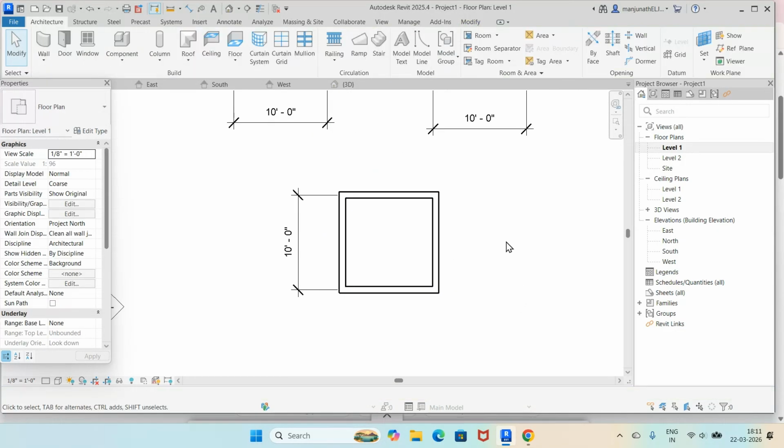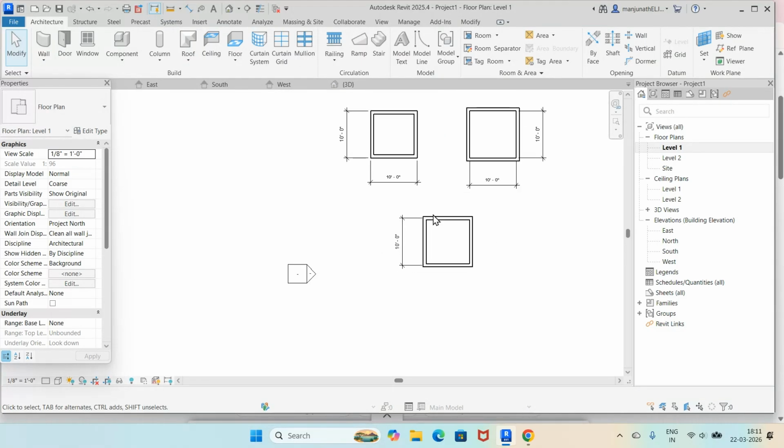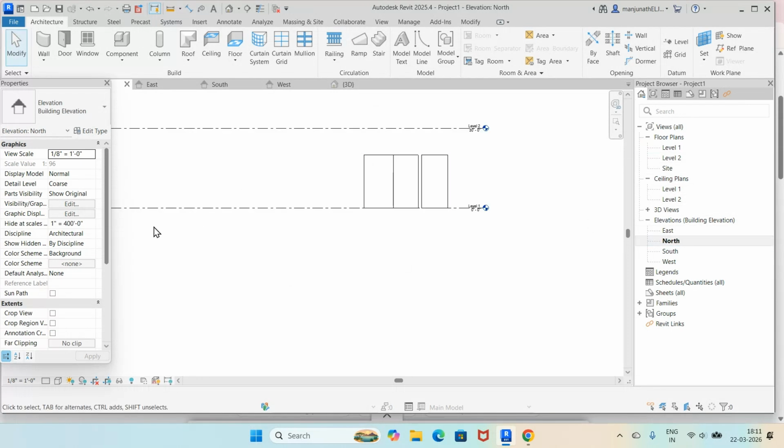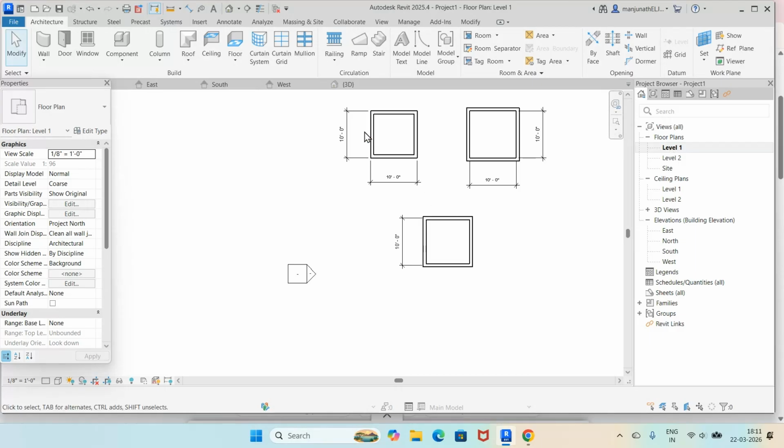Okay. So once you do that, now we have already completed this particular portion wherein the height is unconnected to level 1. I need level 2. I need to do that. So again, I will come back to the north and then I will go for level 2. Here I will select this entire portion. I will come down to this level 1. I will take all these walls,